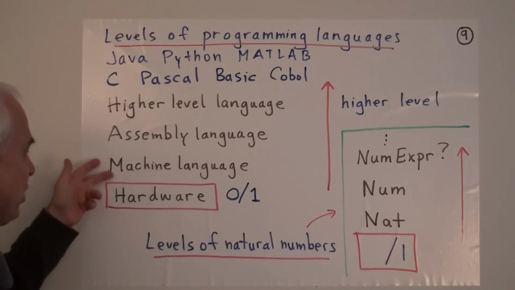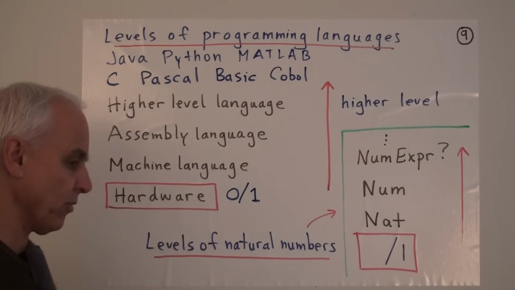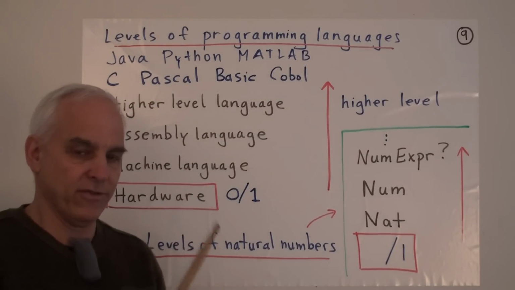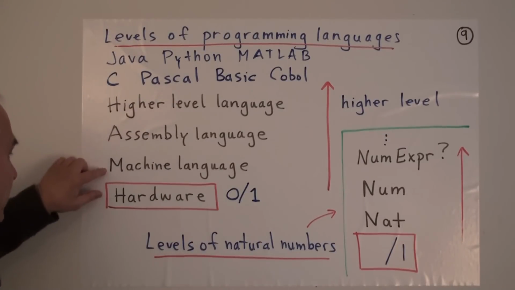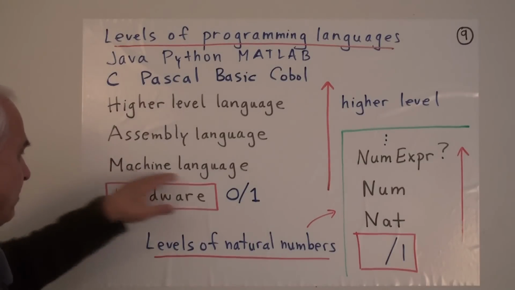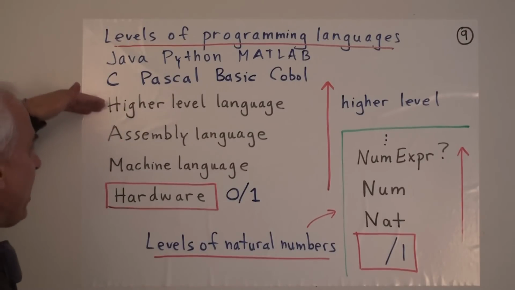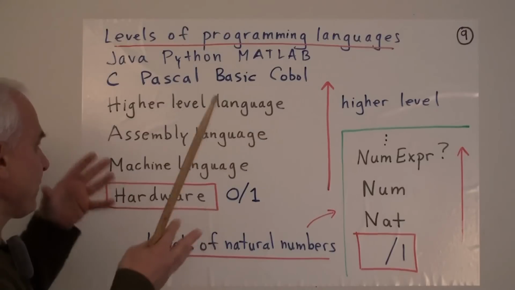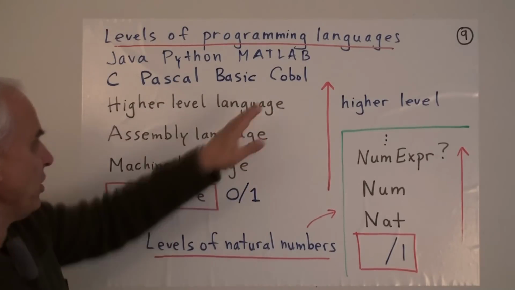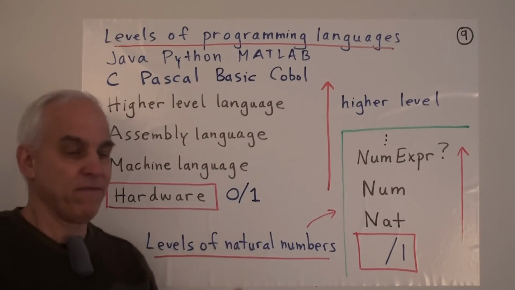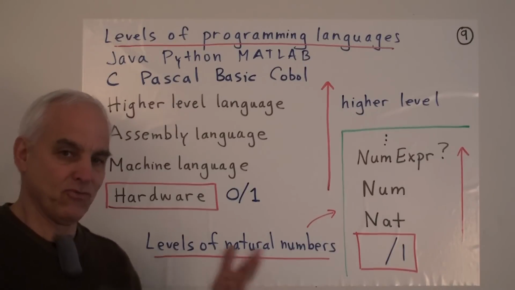And then you have some machine language that's basically instructions that tells the computer what to do in terms of moving zeros and ones and changing them. And maybe then you have an assembly language, which is a little bit more sophisticated, but is another way of expressing or telling the machine what to do at the machine language level. And then there are higher level languages like C or Pascal or BASIC or COBOL, which ultimately generate assembly language and have to be compiled and assembled and so on to eventually get the machine to run.